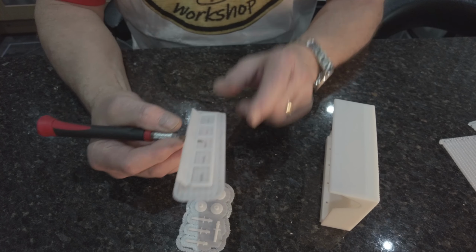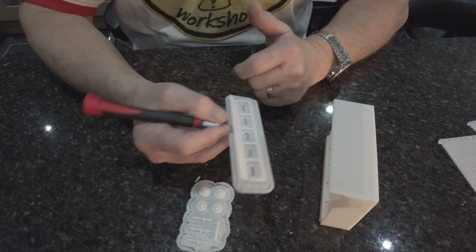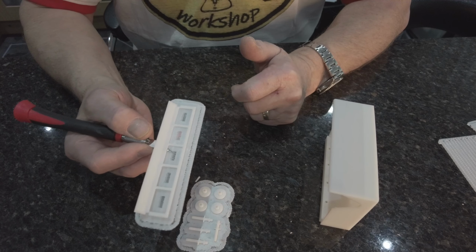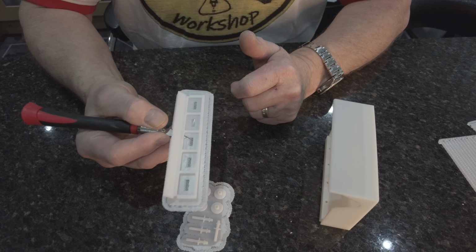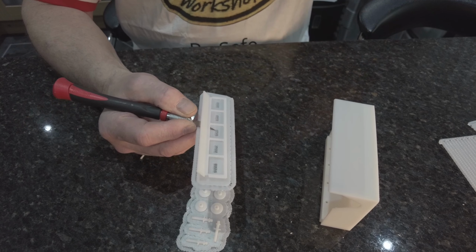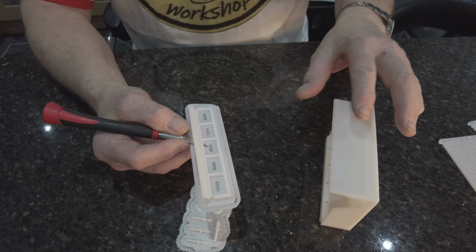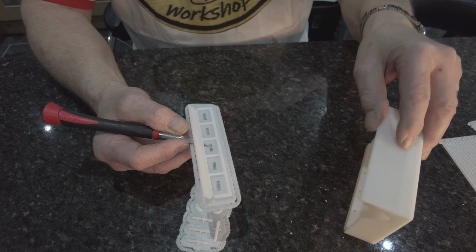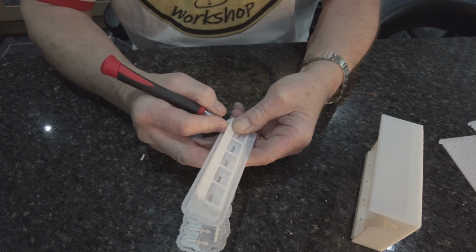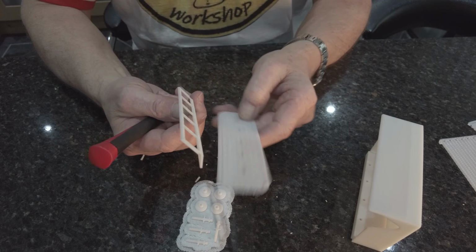So if you're printing all that and you get to within half an hour of it finishing, which if you had it all together, you're going to be talking round about 6.5, 7, 8, up to 9 hours, then you can end up with a failed print, and you've lost 8.5 hours' work. Whereas when you print it separately, if it's not right, you've only lost the first part. And a lot of times, especially with ABS, and I've said in my other videos, see, that's come off. Okay,